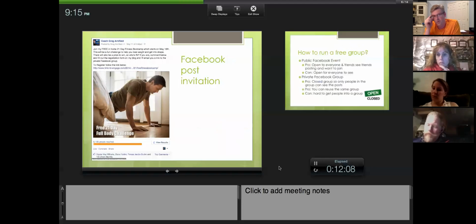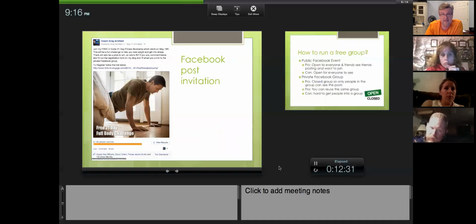Here is the challenge that I'm running right now. Today's assignment was to use PicMonkey and find a picture that's simple. I said the text on the picture needs to be less than 25%, because if you want to boost it, you can see that I boosted this picture and 8,000 people saw it.